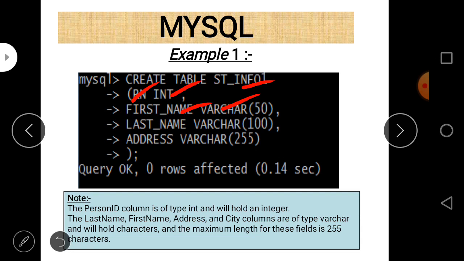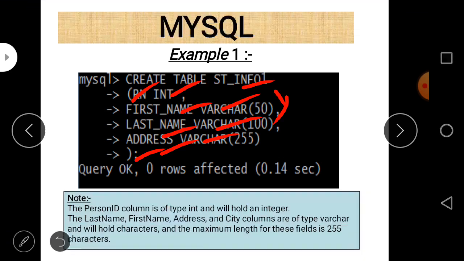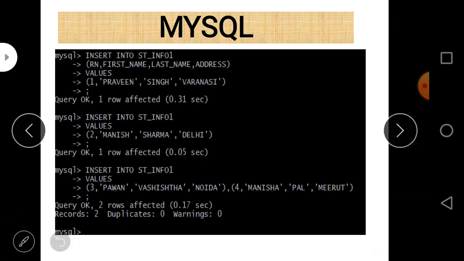So first name is a string of size 50, and last name varchar 100, address varchar 255, and then close the parenthesis and a semicolon is there to terminate the statement. After that, when you execute this query, it says query okay, 0 rows affected, and the table will be created after that statement. So this is the create table command.